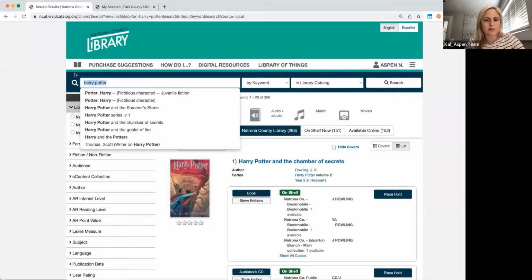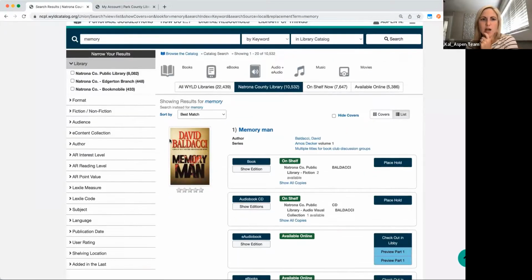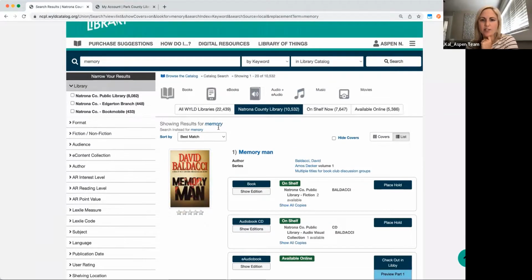Also, let me see if this works. Sometimes this works. Like if I think I'm searching memory and I do a keyword search, ASPEN switched my search to instead memory instead of memory. And it will say, just like when you search in Google, that it's showing results for memory. But if I was really insistent that I meant to search memory, I could click on that.